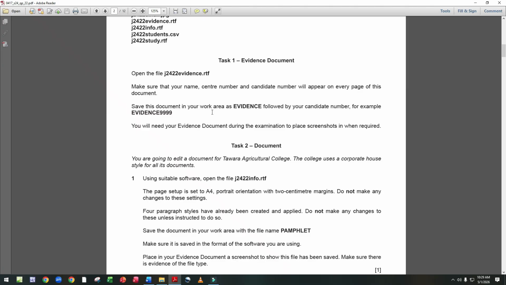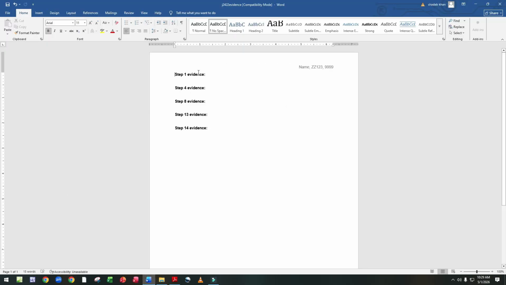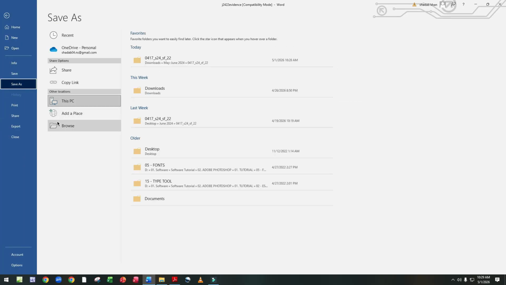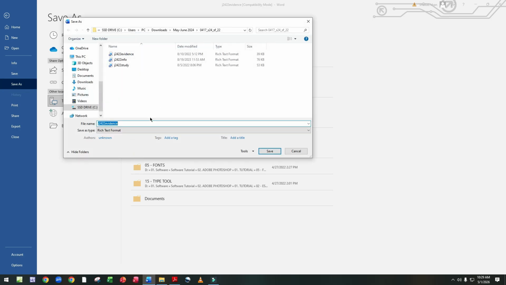Save this document in your work area as evidence followed by your candidate number, for example evidence 9999. Now we save this document in our work area with the name evidence followed by our candidate number. Click on file, go to save as, click on browse.